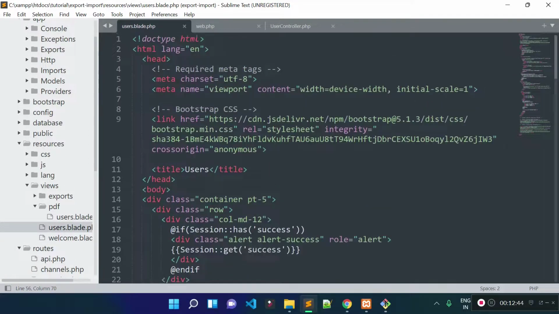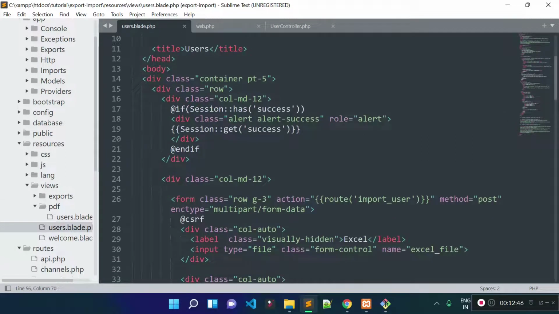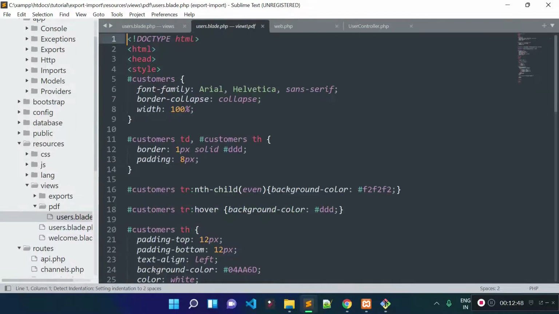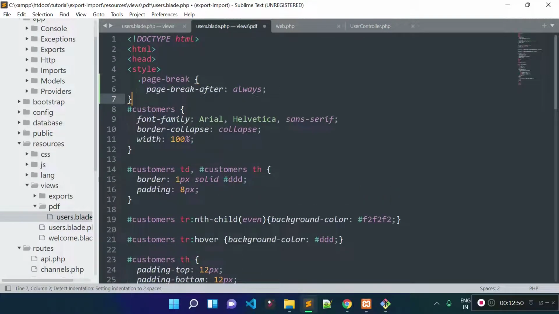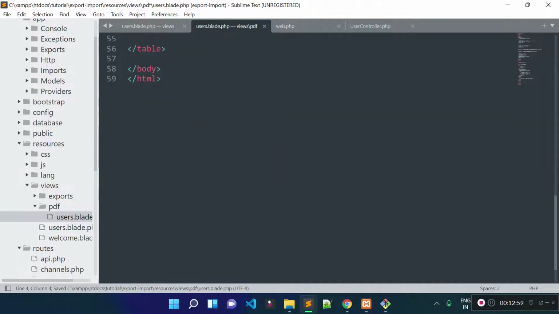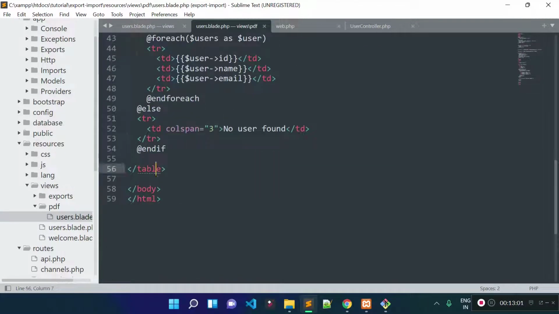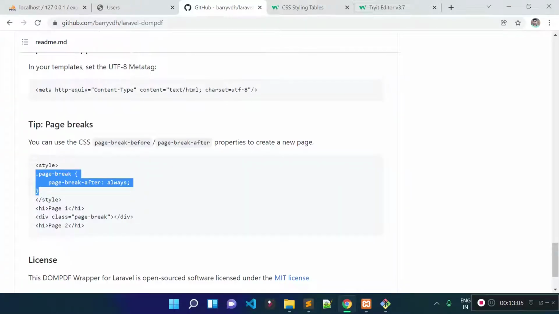first of all, let's add the CSS inside this PDF file. What is the PDF file? Yeah, here is the PDF file. Let's add this CSS inside this style tag. You need to add this style inside your style tag. Okay, and suppose you want to break the PDF file from here, then what you need to do, you need to add this class.